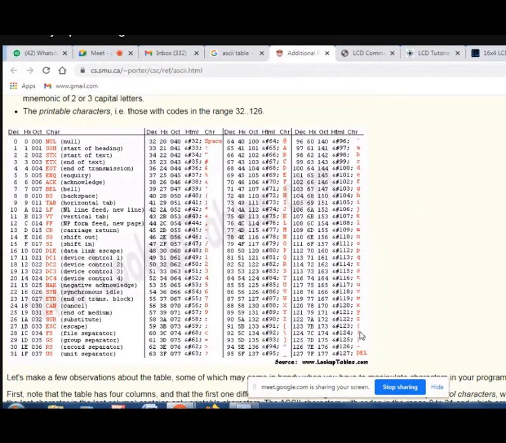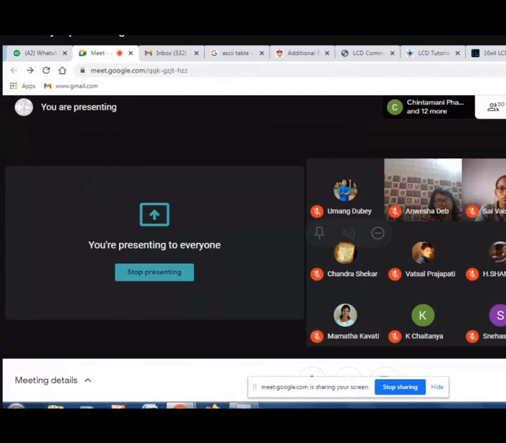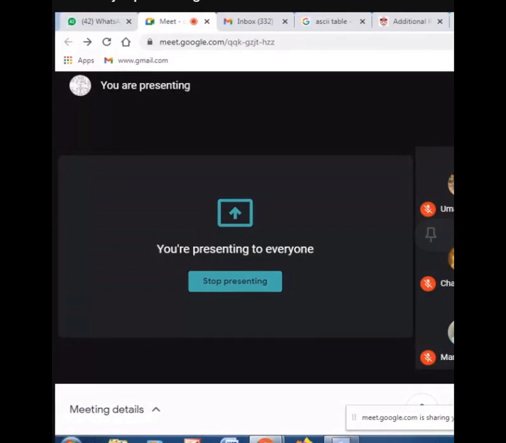Then this bracket, this slash, this square bracket, question mark, greater than, equal to, less than. You understand now? So 20H is a space. That means no display will be in the particular pixel now. Understand now? So dear students, the LCD, right? And then computer also will accept only ASCII characters now.